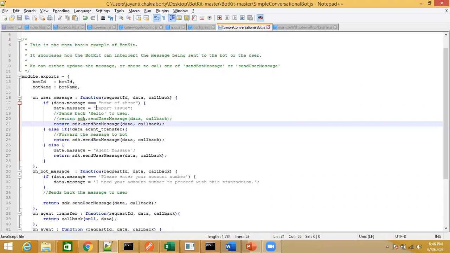When the bot receives this report issue message, the NLP engine of the bot will treat it as the utterance of the user, and it will start the execution of the report issue task. That is how, from the botkit layer, depending on utterances, we can control the flow of different tasks.